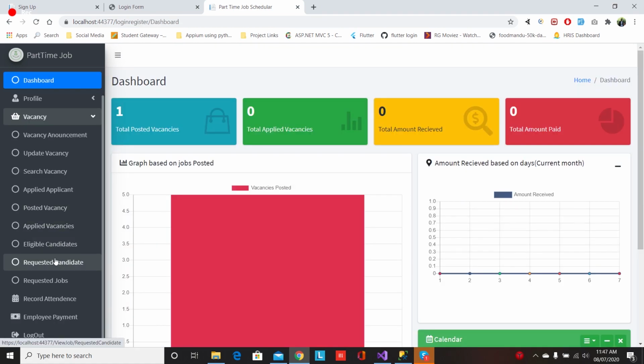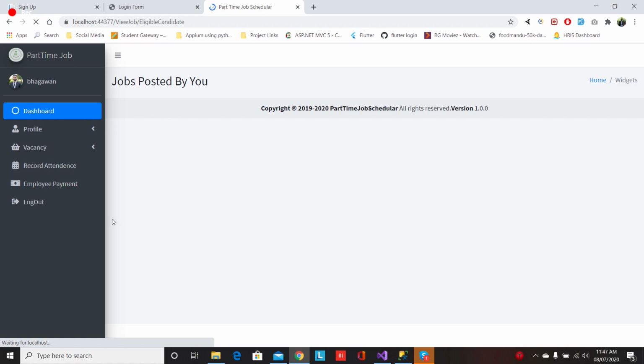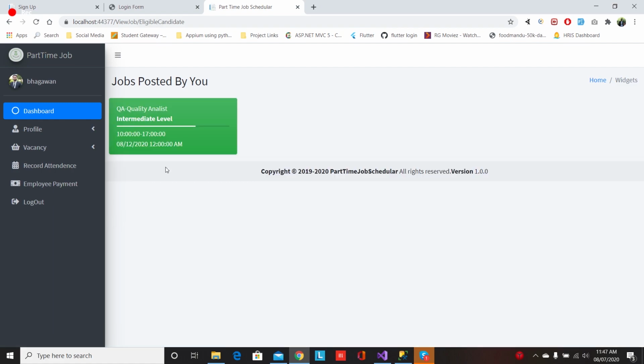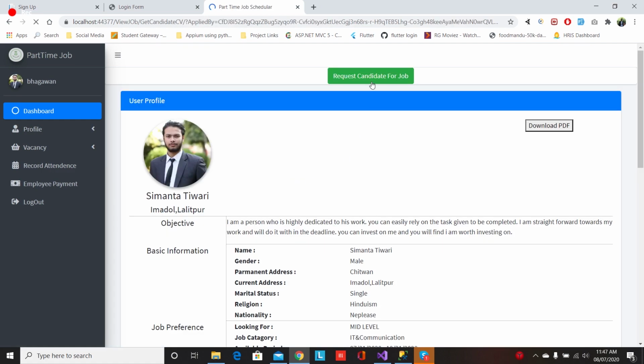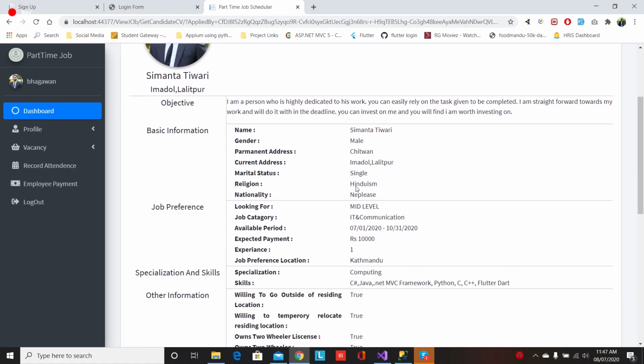Now going to another menu, eligible candidates, the user can see all those posted jobs where eligible users are listed. For example, in QA analyst, there are users listed who are eligible for the job, and by clicking on view details, the user can request the candidate for the job.